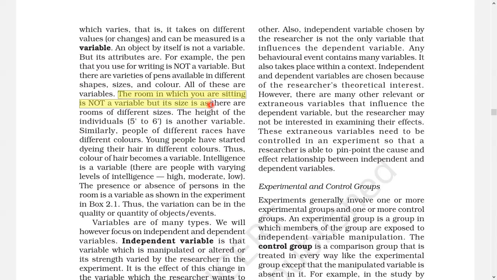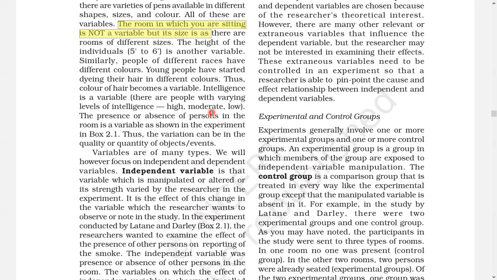But how can you study the cause and effect of the variable? Which variable causes and which variable gets affected? In such a case, you will get to know independent variable and dependent variable. There can be a lot of things which are variable. The object can have different attributes.